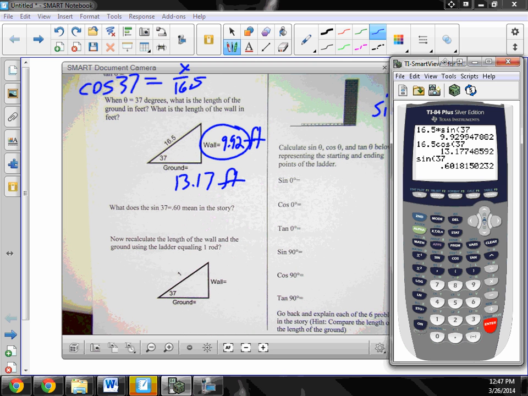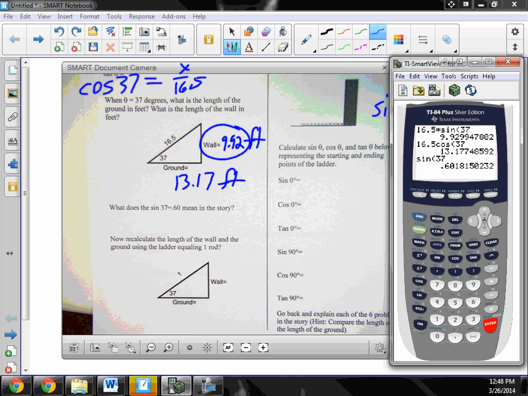Proportion. What if we use percentage? What does 60% mean in this story? Nope, it's not the tilted. The wall length is 60% of the ladder. It's not the grade. It's the length. So